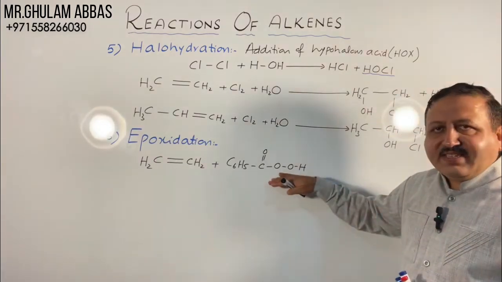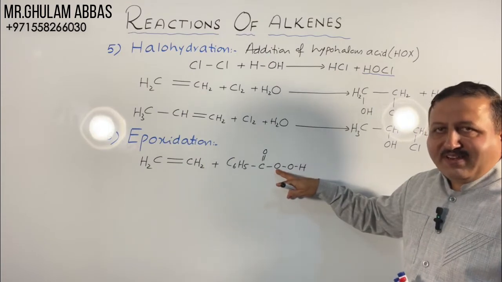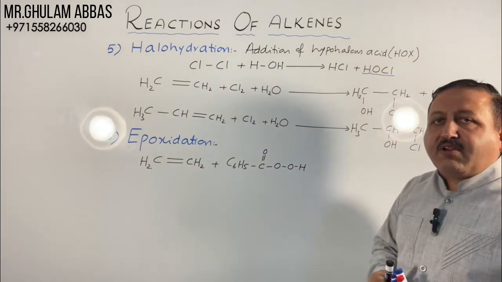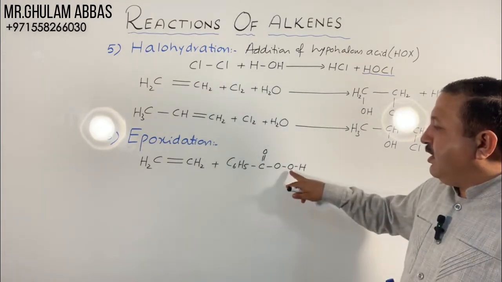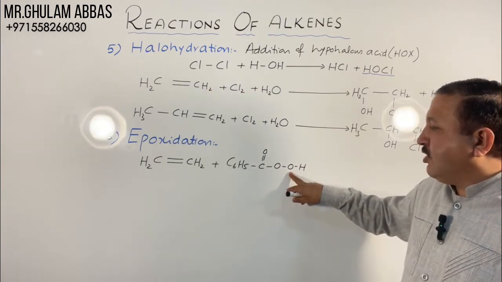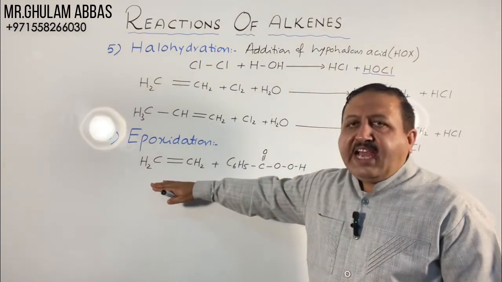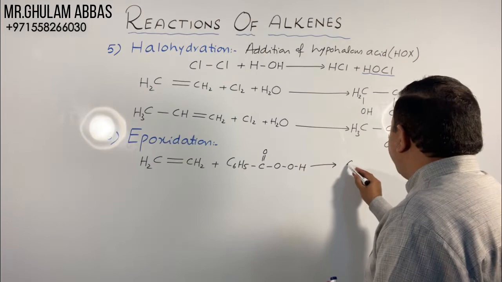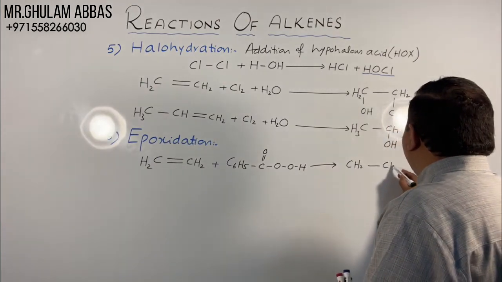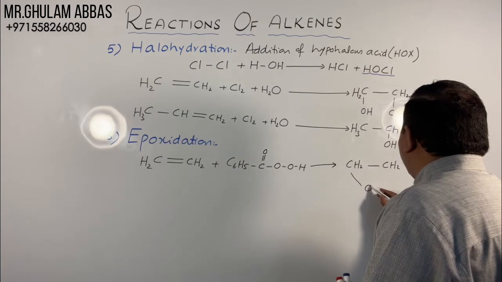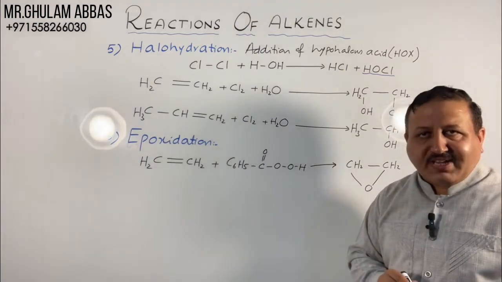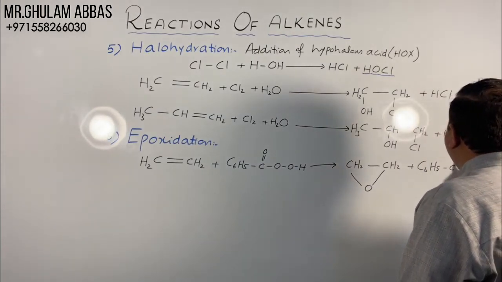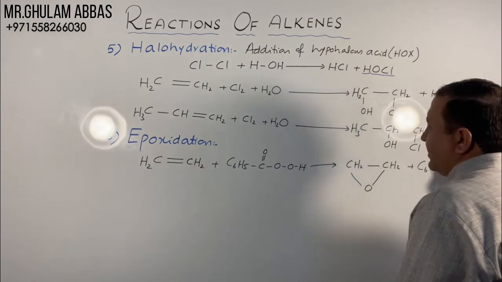The second point is, this molecule is not so stable because the oxygen and oxygen atoms, their electron pairs will repel. So it will lose one of the oxygens and this oxygen will be attached between the two carbon atoms. The product will be CH2 single bond CH2 with O bridging them. This is the epoxide. Now the remaining product is C6H5 C double bond O and OH, benzoic acid.